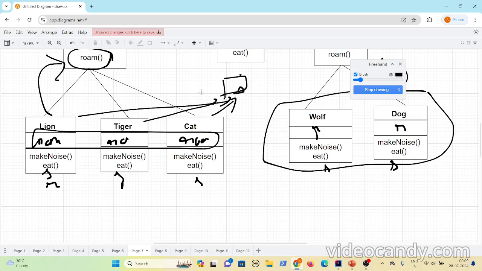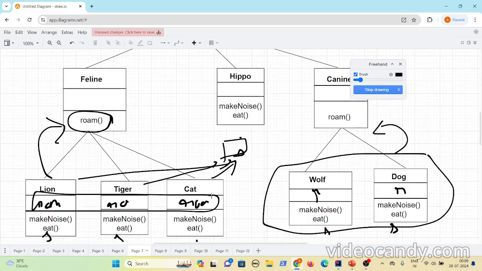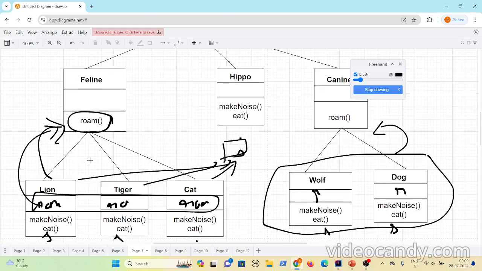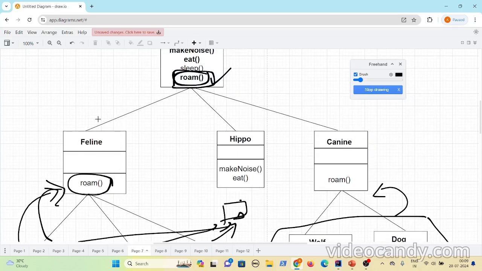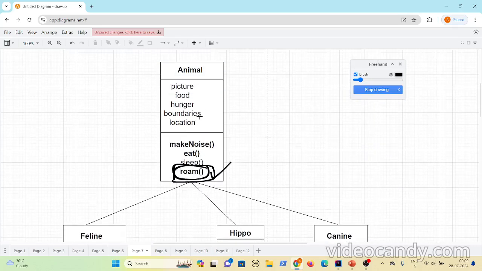But now what you have observed, you have done the same thing. Roam logic is the same for three classes. So you have created one more class and then you have moved that logic. Whatever you have done before, you have done the same now. But here, before you had just one superclass, but here what happens is this feline is the child of another superclass.